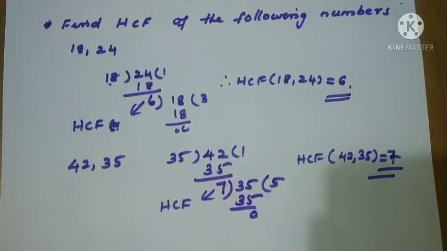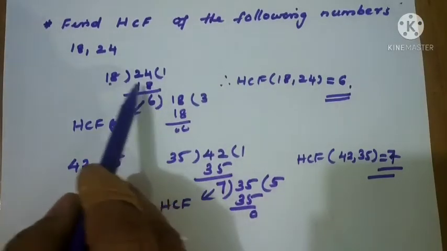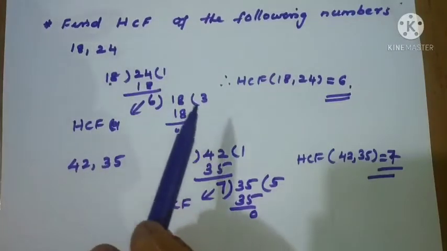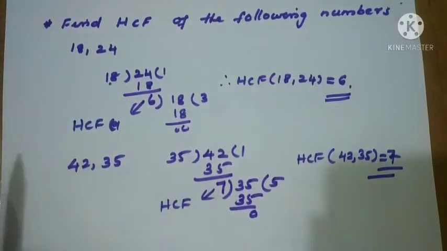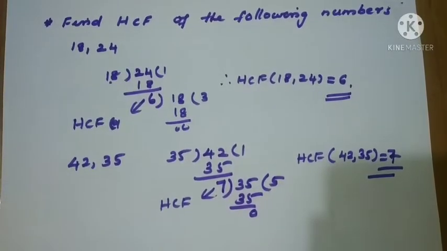So what I want to show is that here we are using the Euclid division algorithm, applying Euclid's division lemma. The steps are organized: identifying the greater number, applying the rule dividend equals divisor into quotient plus remainder, and calculating until we get the remainder 0. Then we choose the last divisor as our HCF. Now the question is: use the Euclid algorithm to find the HCF. So the question is changed.